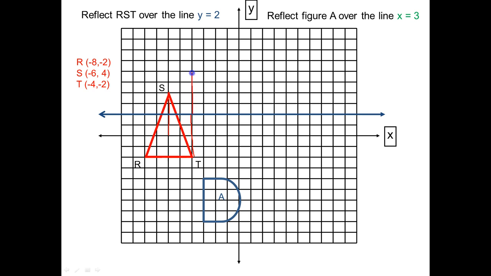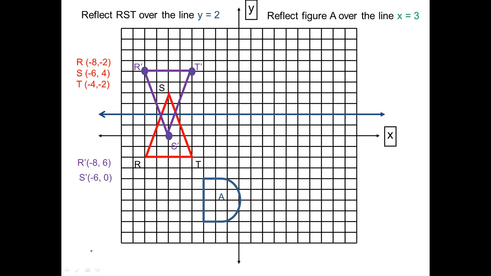So T prime is 4. R is 4. So R prime is 4. We'll go ahead and fill in our dots. Now I'm going to remove the lines that I drew. And then I'm going to join them together. And so my reflection of RST, which is R prime, S prime, T prime,